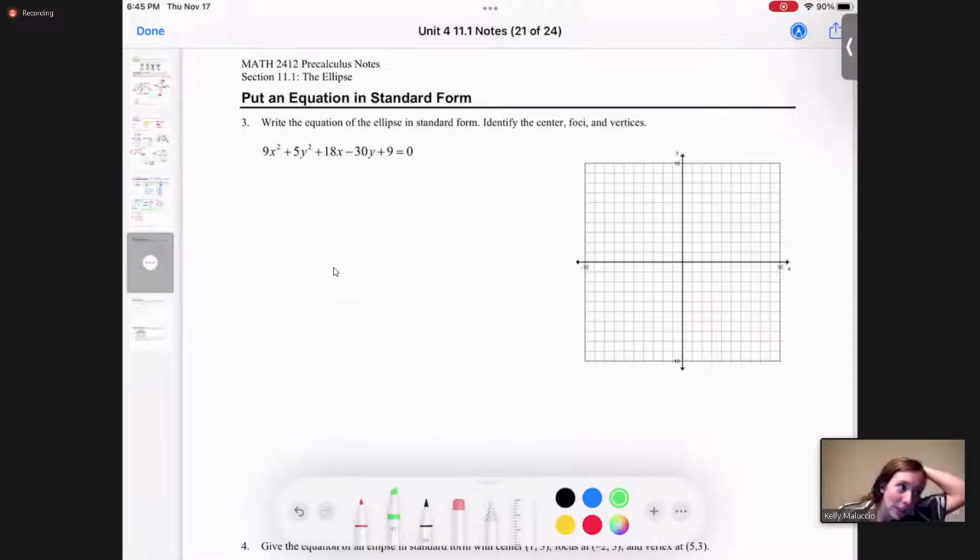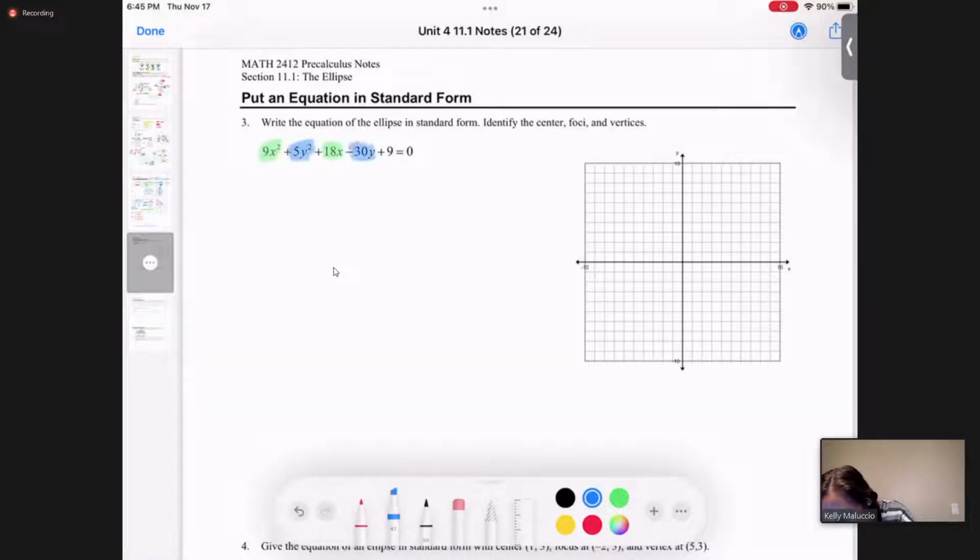But we want to actually change it, manipulate it, and we will complete the square, if you remember this. So this was another review that was done in the circles thing. If you forget it, well, here we are, we're doing it now. And we'll complete the square, and then we will get it in standard form, and we'll get our foci, our major axis, all of this, and we can graph just like we did before. So what I'm going to show you is first, our x's are going to stay together,